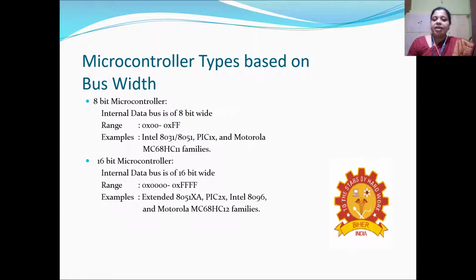The first category, based on bus width, is the 8-bit microcontroller. In an 8-bit microcontroller, the internal data bus is 8 bits wide. Based on this, the range of address varies from 00 to FF. Examples are Intel 8031 or 8051 and PIC1X families, and in Motorola,